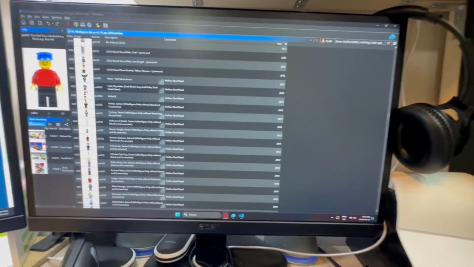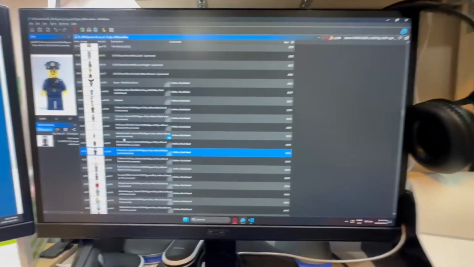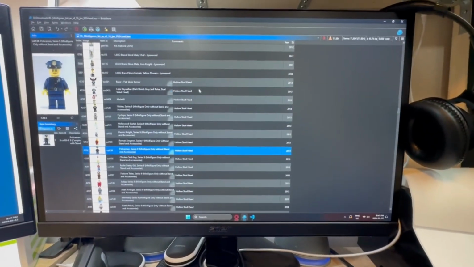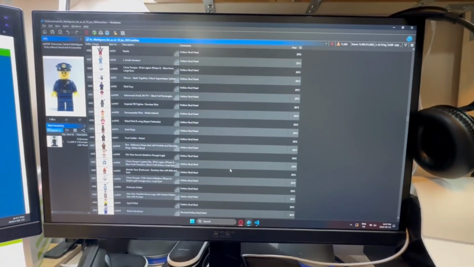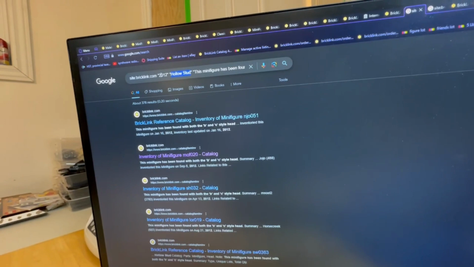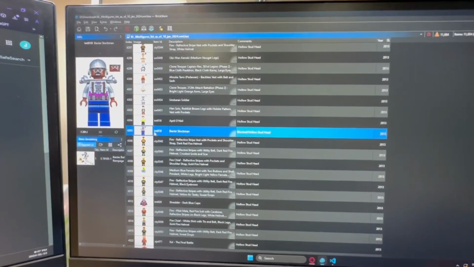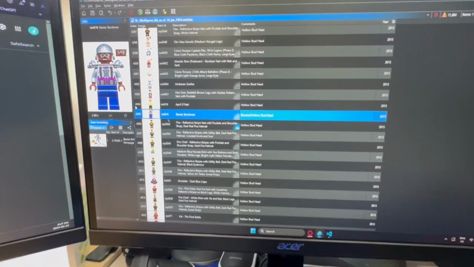So the vast majority of minifigures, for example this one here, has a yellow head, so it's not going to have a vented stud, so I could ignore that. I did hollow stud for all of those, but then I ended up going with the site thing, and then I would add in the year and then add in hollow stud head along with the note. And then with that, I was able to find exceptions like this one here where he had both of them,